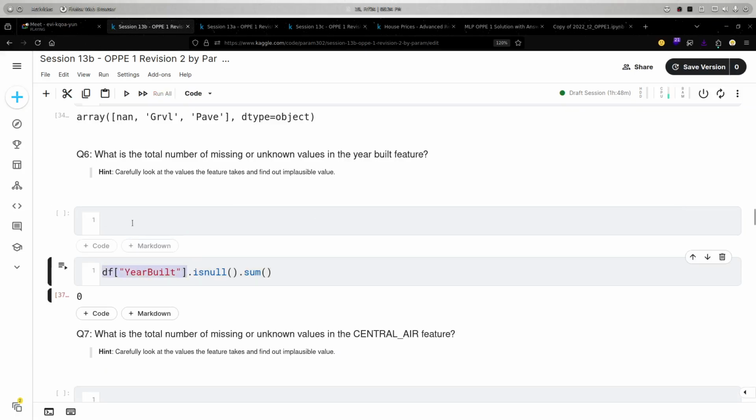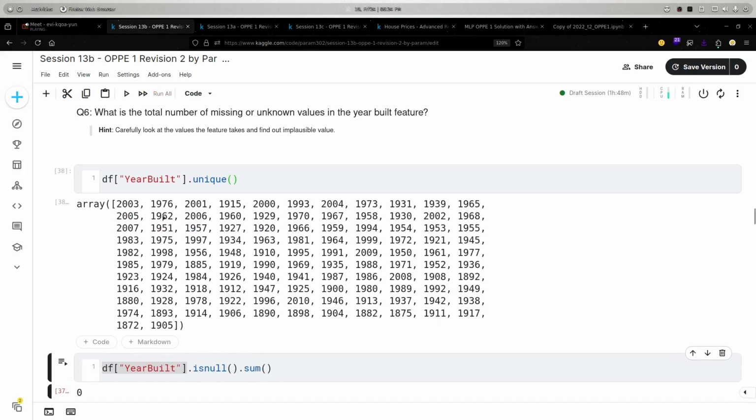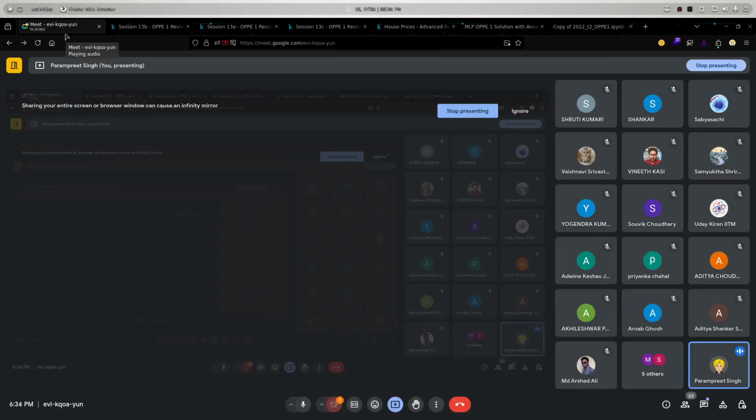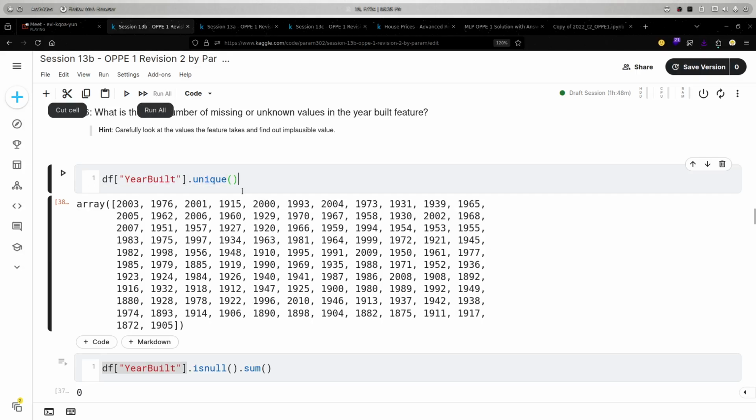If I look at it once with dot unique, then I will get all these values. Let's suppose we have a year build of -1 or 0, then we can identify it as a nan value, right? Because when a house was built, it should be in a year, and a year has at least four digits, right? In this way we can identify it. This is a kind of anomaly you have to check for in the column.